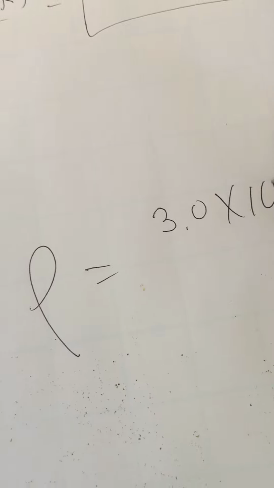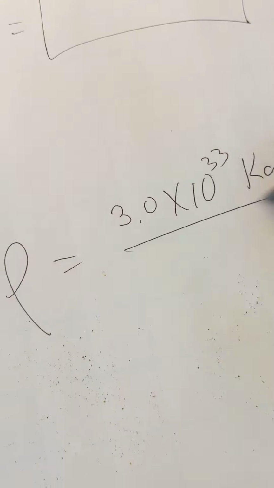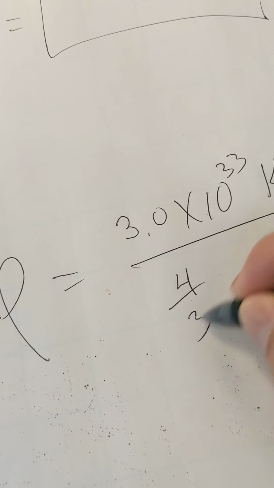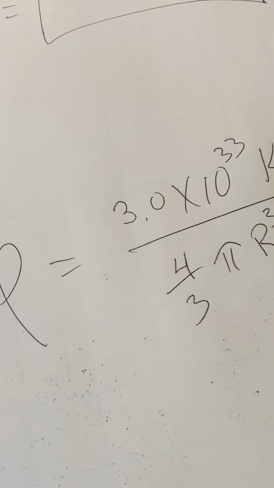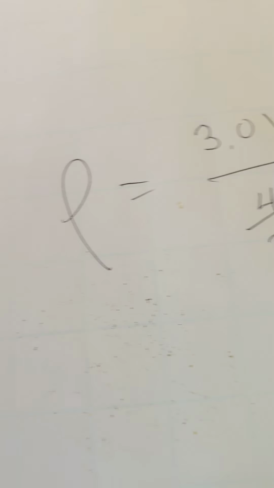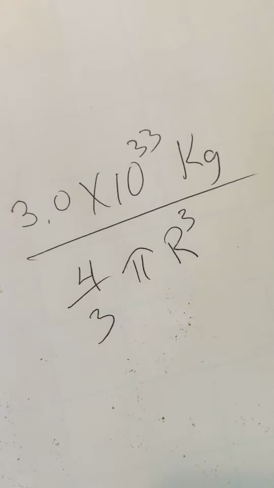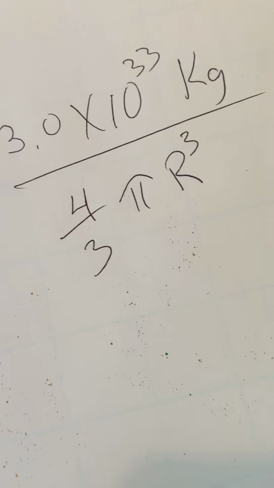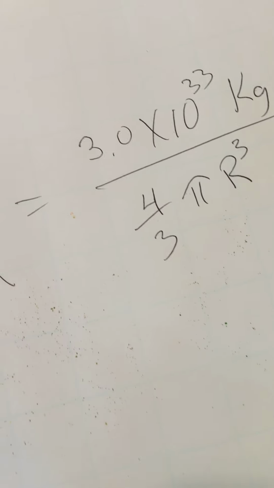3.0 times 10 to the 33 kilograms over the volume, which is 4/3 pi radius cubed. So I get the density from part 3 and plug it in there. I get the mass, 3 times 10 to the 33 kilograms. My volume is 4/3 pi r cubed. I'm going to solve for r, so I have to find a cube root. Now, the cube root,